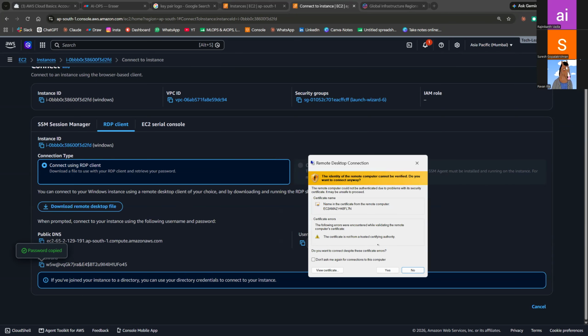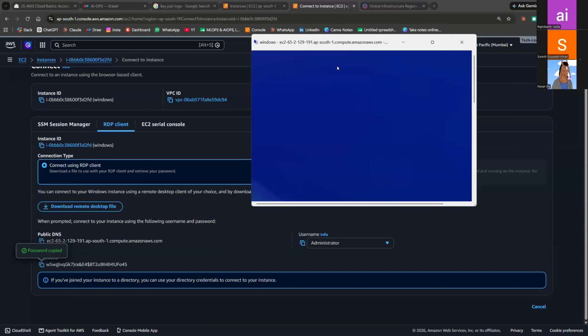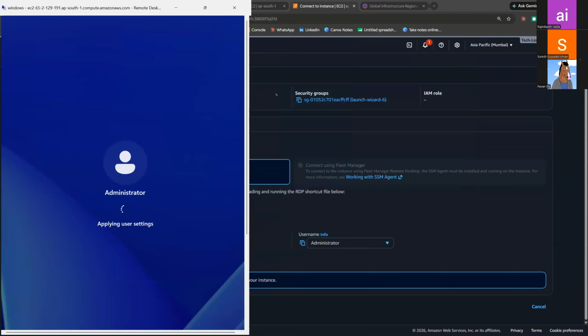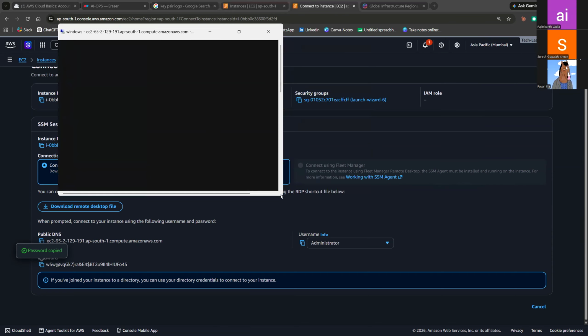When you do OK, it asks this, yes. Now it is going to open a window like this. Let me expand it. This is a graphical user interface.